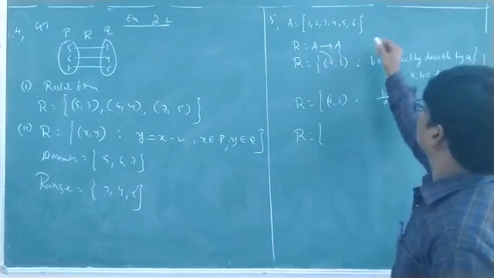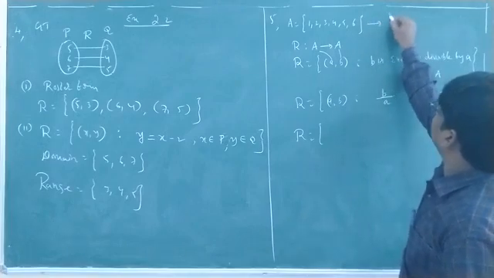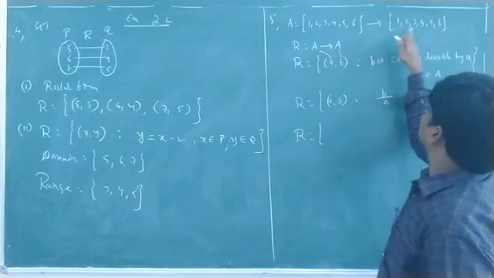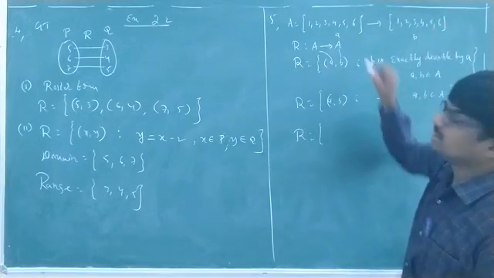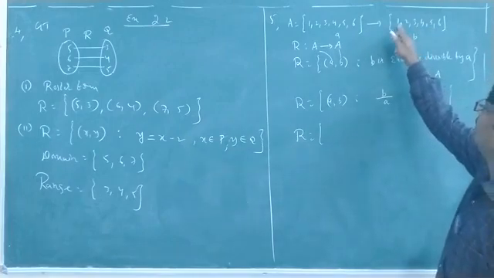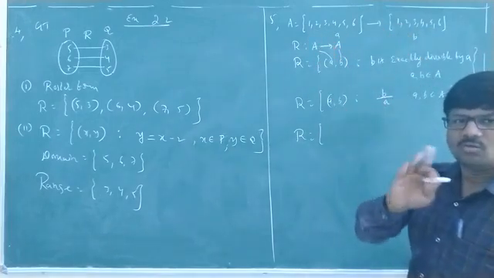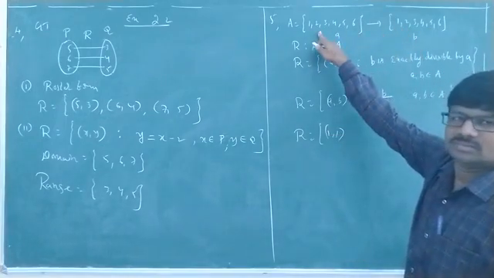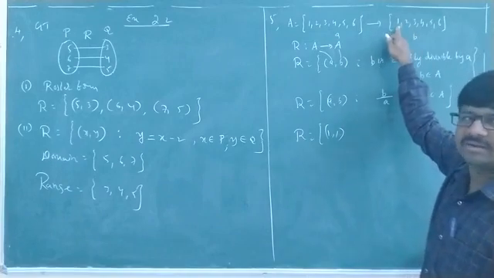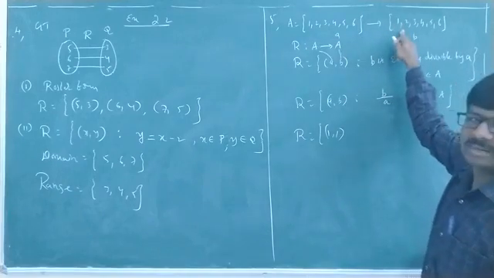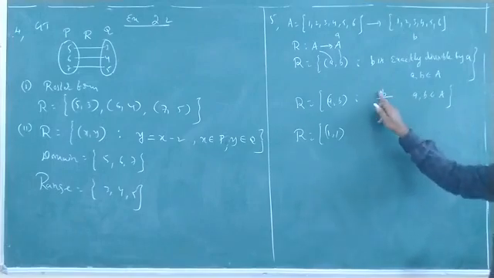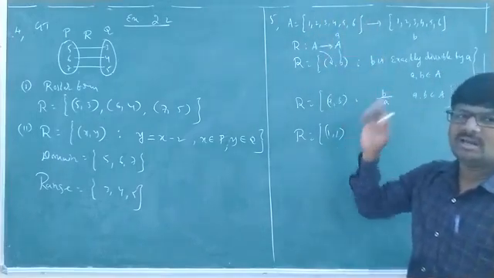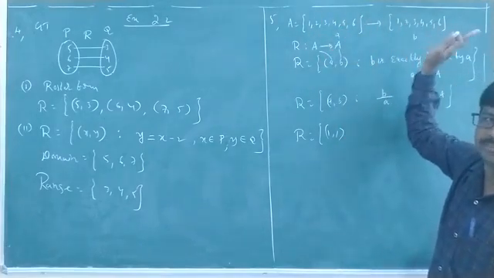You can understand it like this: A to A. These are b elements, these are a elements. Both are the same set only, but to understand I wrote it like this. Take b by 1. 1 by 1 is 1 only, so (1, 1). I am fixing the first element 1 and checking it. 1 by 1 means 1; both cancel one time. So (1, 1) is in the relation.